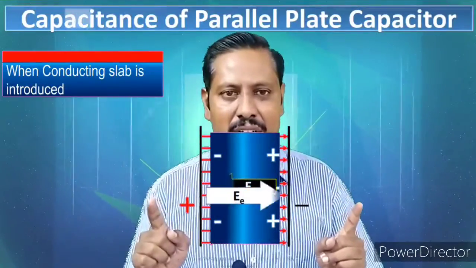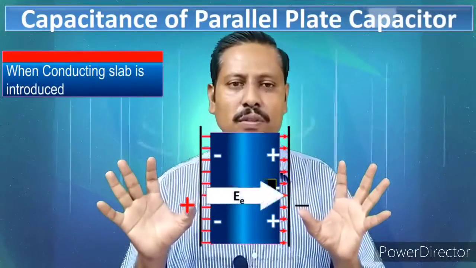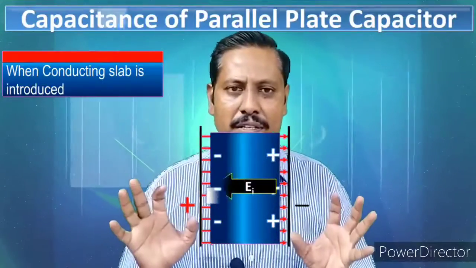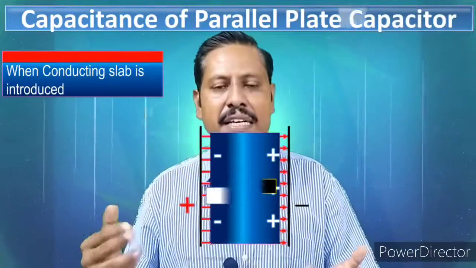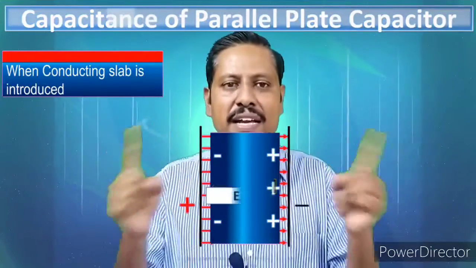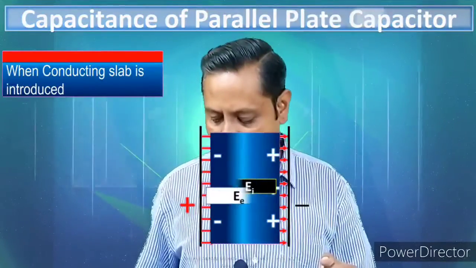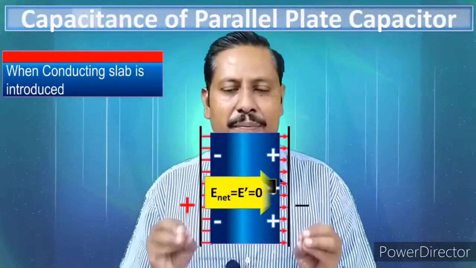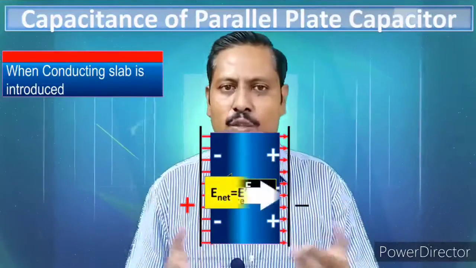Inside the conductor, the electric field is always 0. That, first of all, you should know from the electrostatics of conductors. So once you know that fact, we can simply say that E_E and E_I, these two fields, are cancelling out each other, right? And that's why the net field, E net or say E dash, becomes equal to 0. Inside the conductor there is no field.